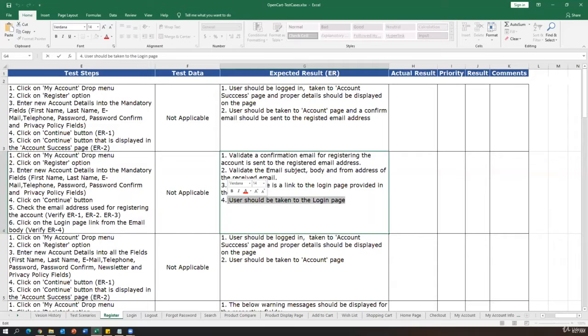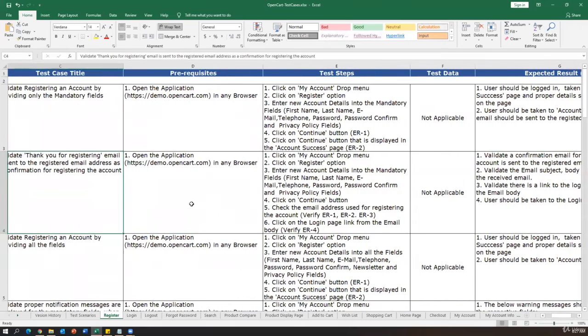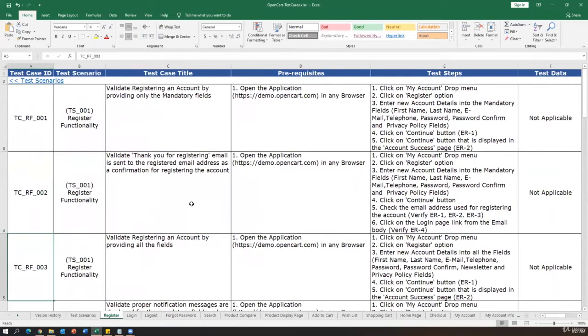User should be taken to the login page of the application. This is a functionality. Okay, so this is the second test case. Now the third test case is